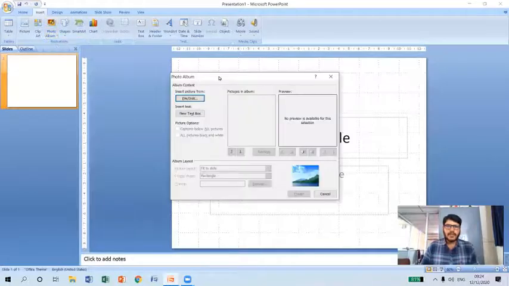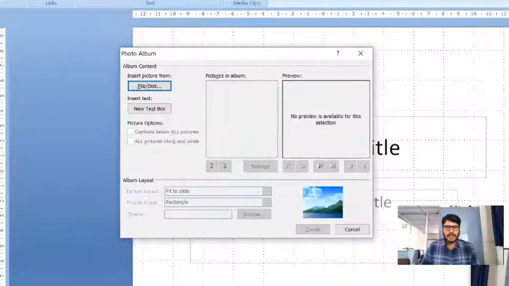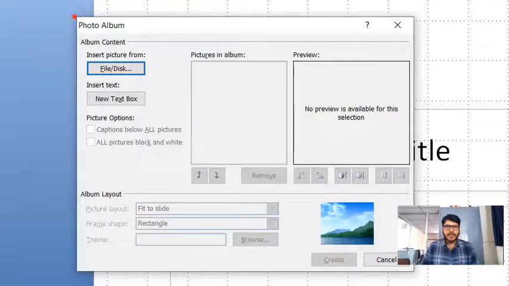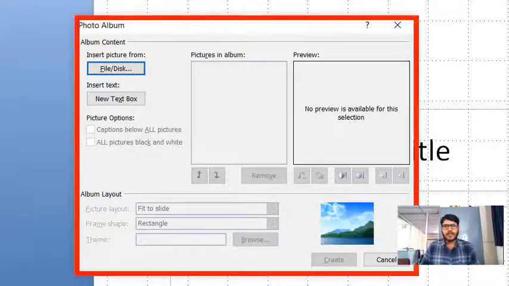When I click on this option, obviously it has to display a dialog box like this. As you can see here, we are getting a dialog box related to photo album. Here we can select the pictures from a file or hard disk by using this button, so that we can browse through the set of pictures, and we can see the preview of the pictures at this location.